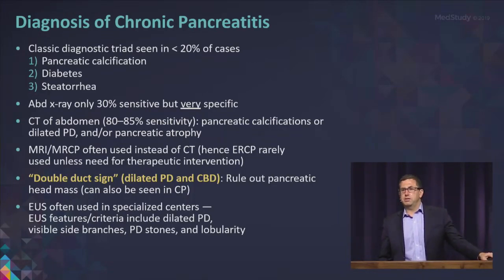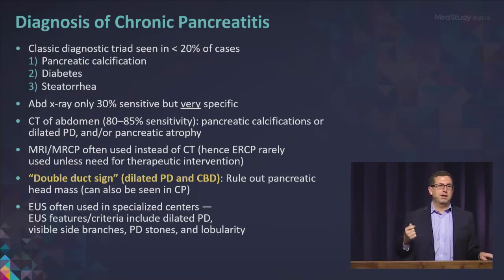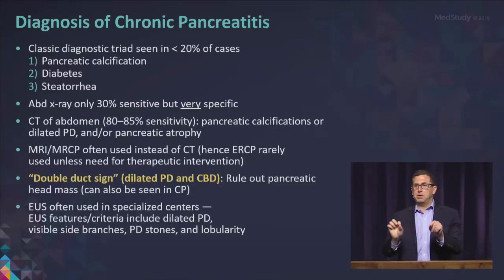CT abdomen is more sensitive, and it could show other things like a dilated pancreatic duct or pancreatic atrophy. MRI is often used instead of CT scan because it could get a better look at the pancreatic duct. And as I mentioned before, ERCP is almost never used to diagnose chronic pancreatitis. So if it's chronic pancreatitis on a test question and ERCP is in there, it's probably not the answer, right? Because you could cause acute pancreatitis by doing the ERCP, and the MRCP can really help you